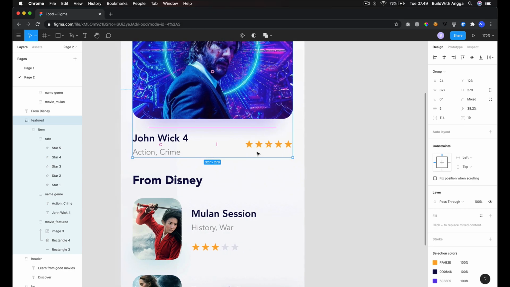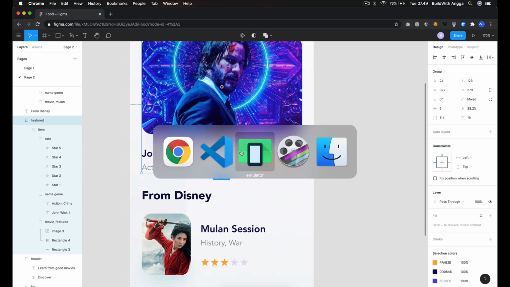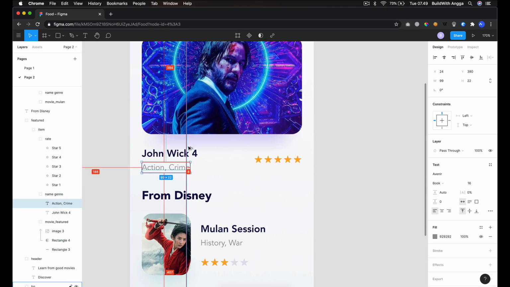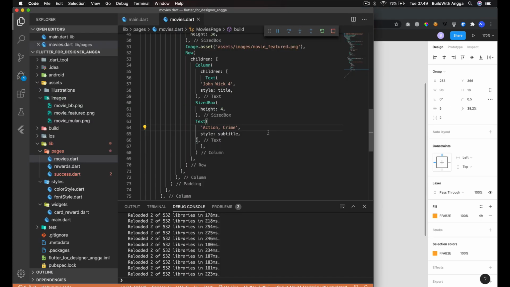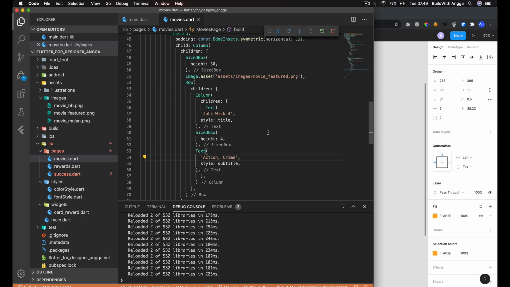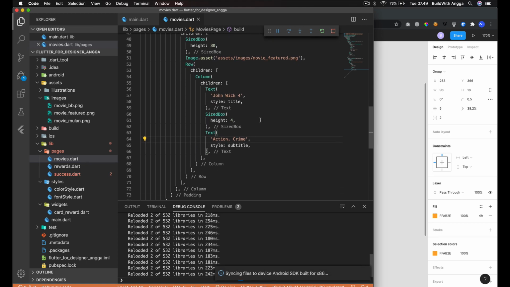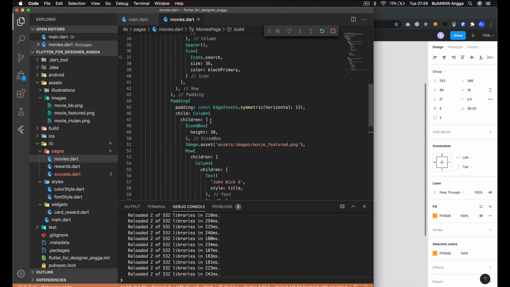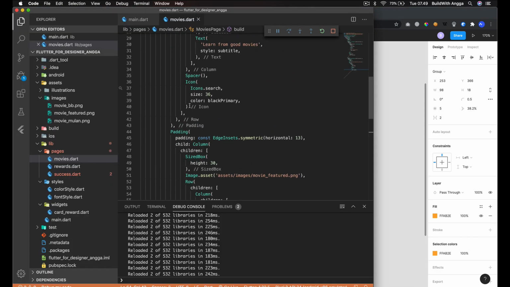Just focus first on these methods. Okay, we do have this text just like this, and then we need stars.